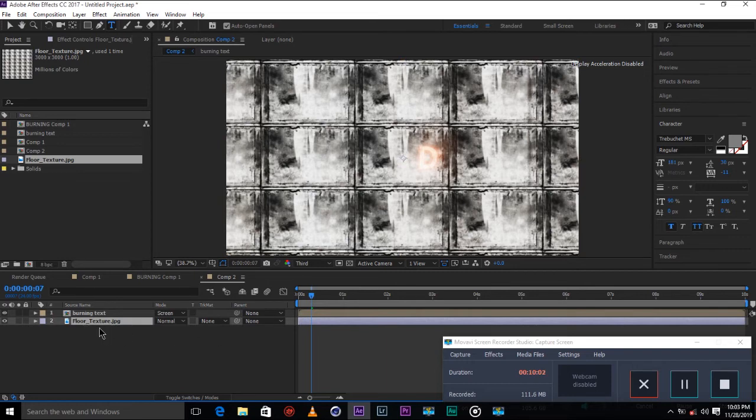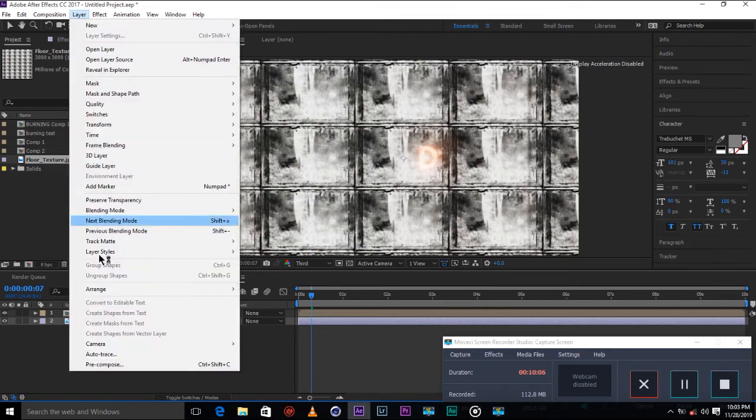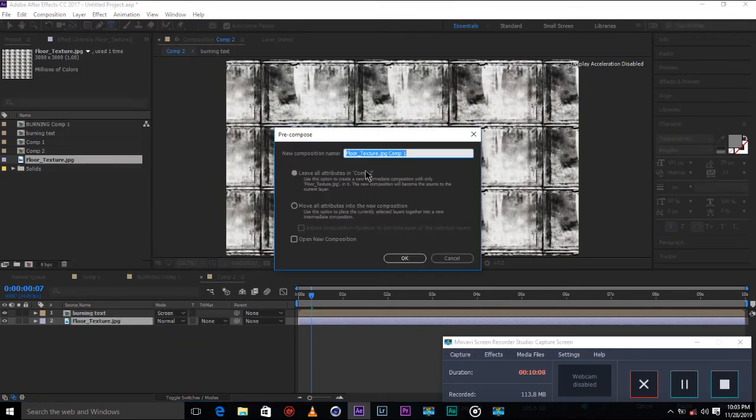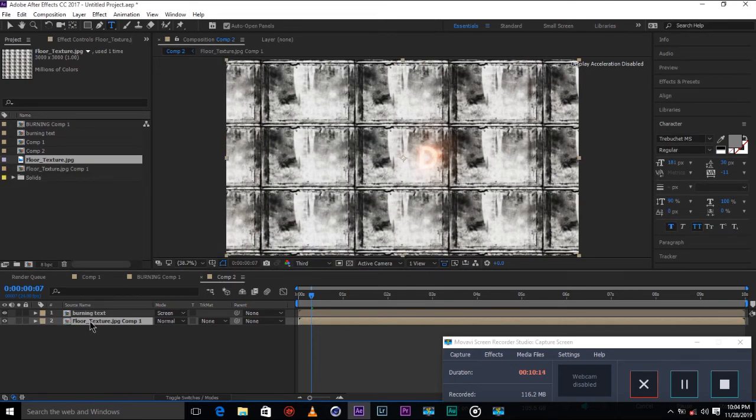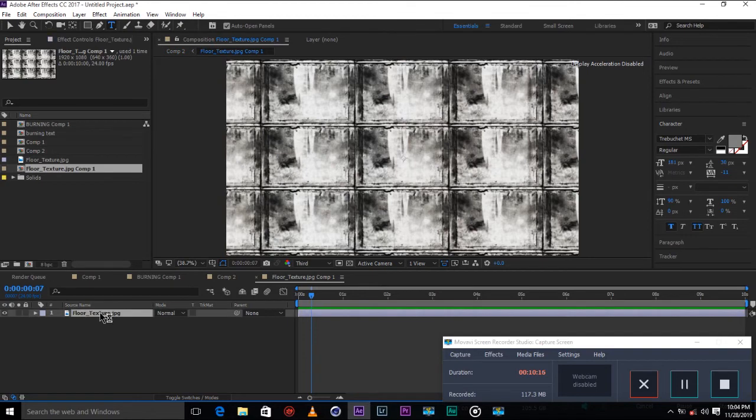Now we'll set this burning text to screen, and also pre-compose this floor texture, move all attributes, and press OK. Go into the composition and set this floor texture to a 3D layer, to make it a 3D layer, and